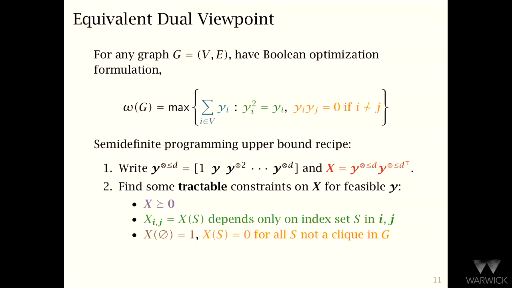But we'll forget that x was rank 1, but we'll remember that x was positive semi-definite. Then we'll try to find some kind of consequences of these other green and orange constraints. So the Booleanness constraints, the y_i squared equals y_i, will imply that